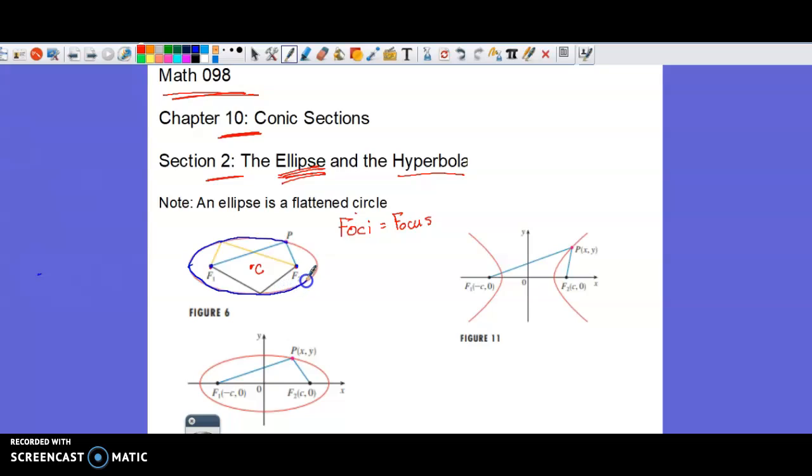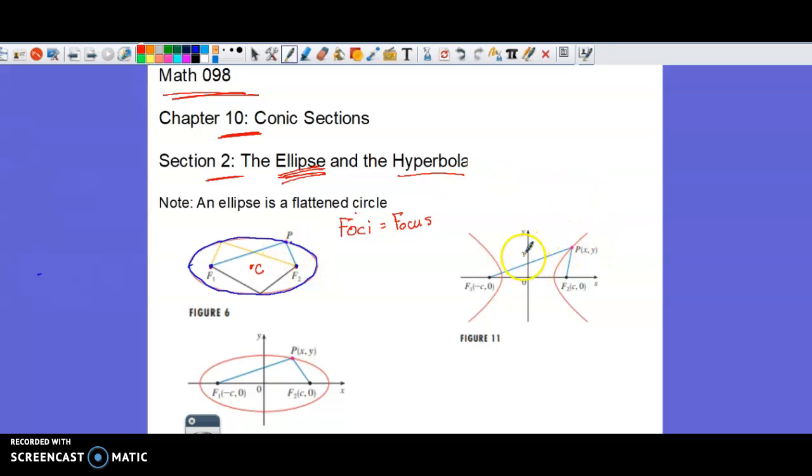For anybody that's interested in astronomy, you've probably heard of elliptical orbits. That's exactly what's going on. There's times that we're a little bit closer to the center, and then there's other times that we're very far apart. And we have these elliptical orbits going on. So what I'm getting at is that the addition of these lengths is equal throughout, and when I get to a hyperbola,